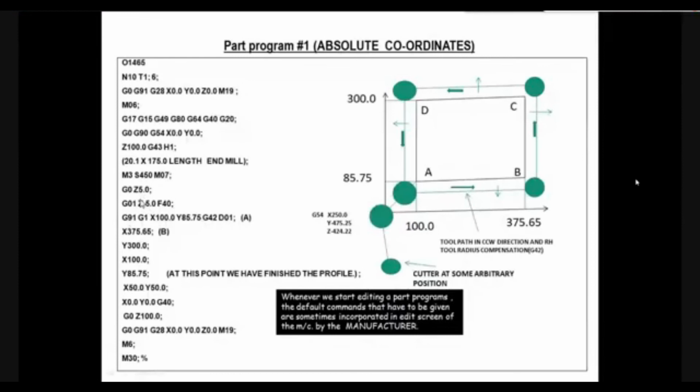At this stage, we have given G01, Z-5, feed 40. That means from the position where it is maintaining a gap of 5 mm, the tip of the tool will be going to a depth of 5 mm at a 40 mm feed rate, 40 mm per minute feed rate. And then